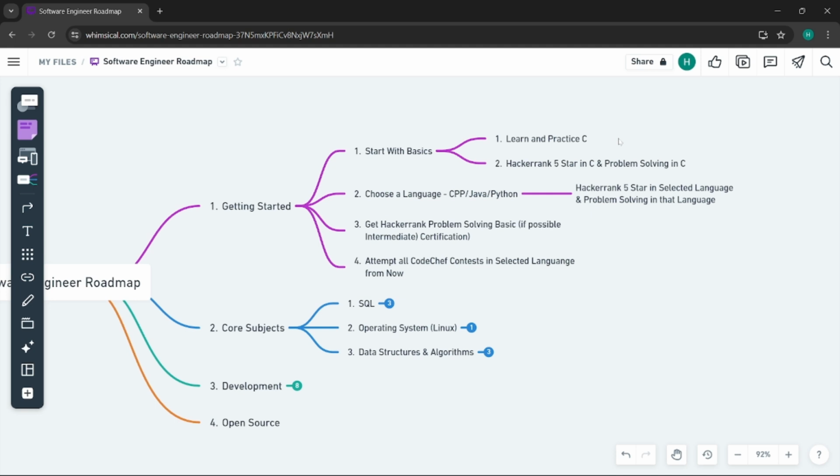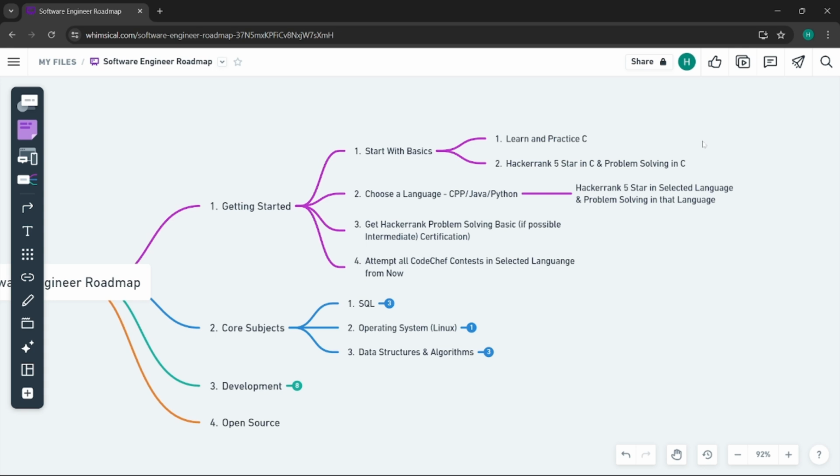Now how can you do this? Of course you can do this for free. You can do this complete roadmap for free, using whatever free resources are available. So to learn and practice C, you will be watching a playlist on YouTube, and of course you will have to practice C. HackerRank is a pretty good beginner friendly platform which you can use. Of course, there are some advanced platforms also like Codeforces or CodeChef. So once you build your basic understanding and strengthen your fundamentals of coding in C through HackerRank, you can go for those as well, right?